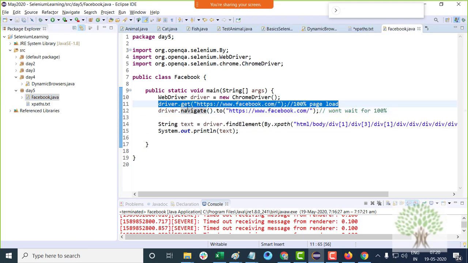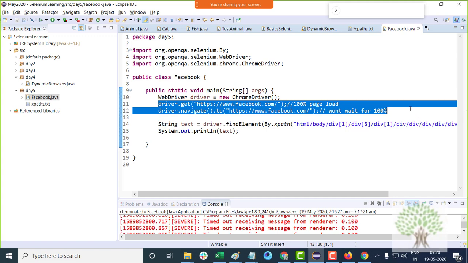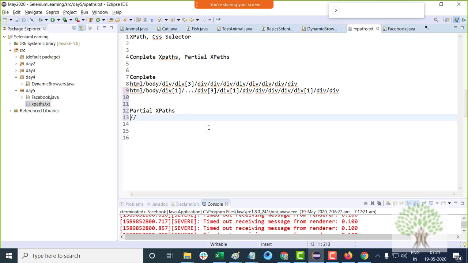No problem. So the driver.get command will wait for 100% page load, but driver.navigate.to won't wait for 100% page load. There are two different ways. Now, partial XPath will always start with a double slash.